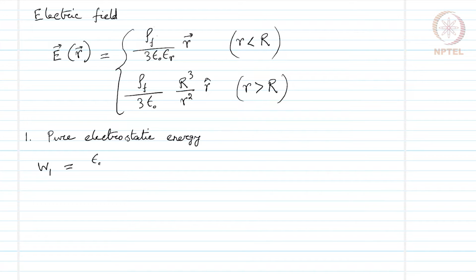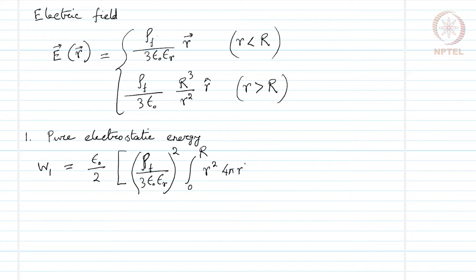We call it W1, which is given as epsilon naught over 2, times rho f over 3 epsilon naught epsilon r, this quantity squared, times the integration from 0 to capital R of r squared 4 pi r squared dr,